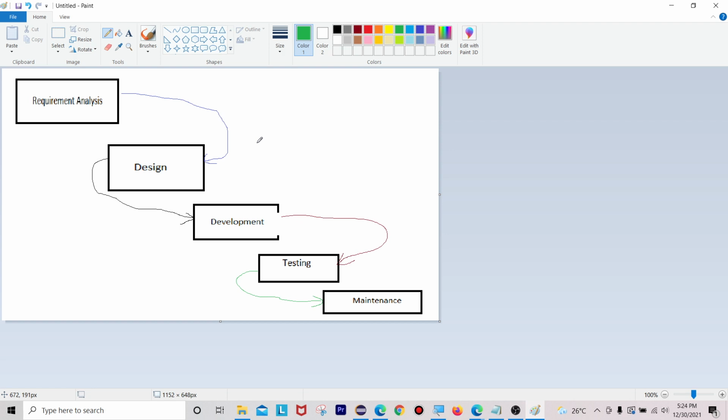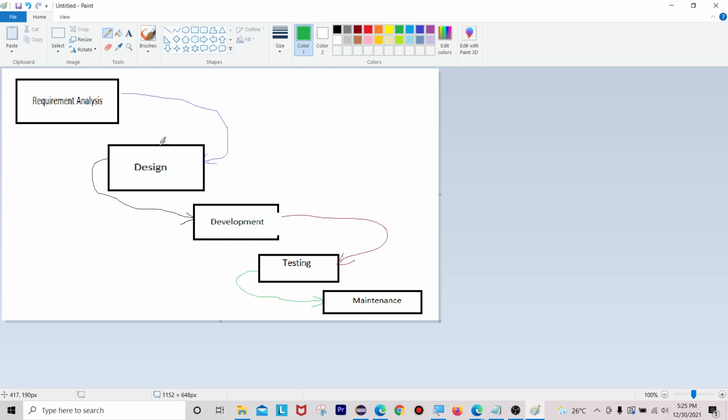Okay, comparing, as I told you, in the SDLC we can have two kinds of models. One is the sequential model and the other is the incremental model. In the sequential model you can consider the waterfall model and the V model. I also told you about the waterfall model, right? The waterfall model is applicable only for smaller projects. You have to wait until the last phase is complete. Before that you don't expect any software to be delivered to the customer.